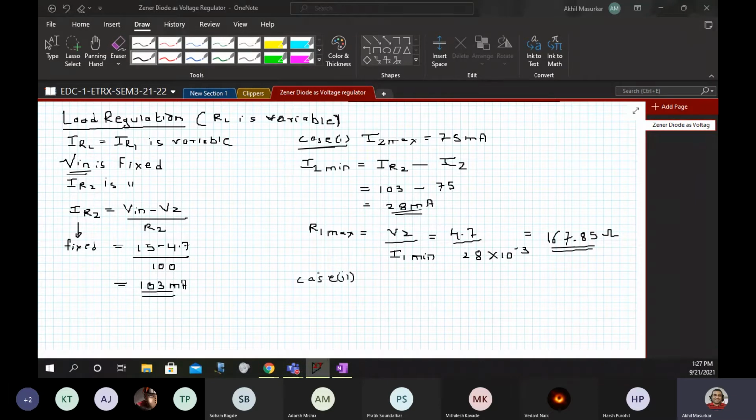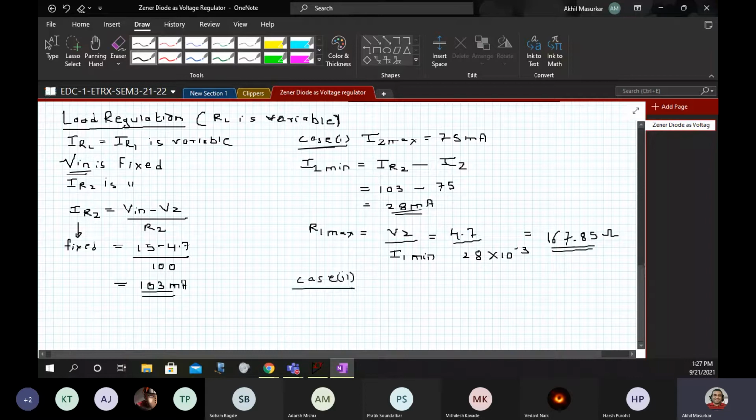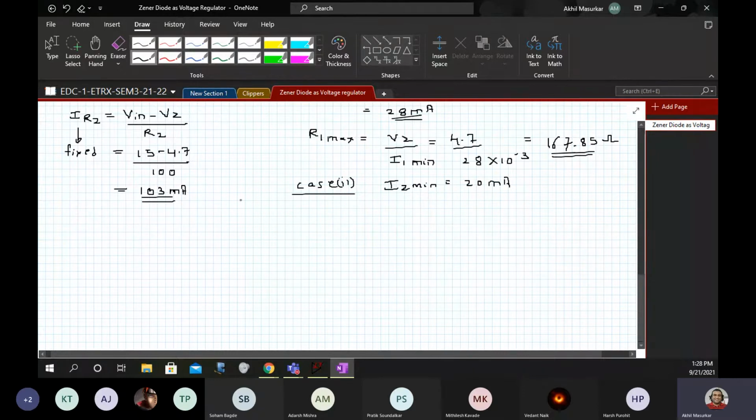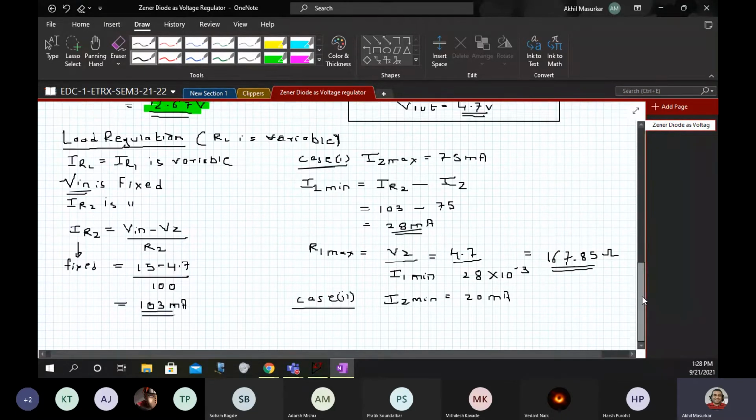So case 2, you are having IZ min is 20 milliamperes. Now in the exam there can be a sum also on this. So this lab will make you ready to solve a sum as well as do the lab.